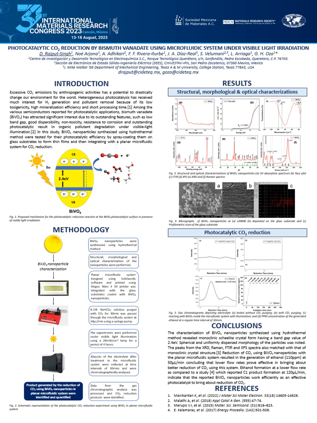Now, this is where perovskite oxides come into the picture. They are already being used in many photocatalytic reduction systems for their good photoactivity, abundant nature, and their desirable band gap, which absorbs visible light. Based on this, here we present bismuth vanadate nanoparticles synthesized using the hydrothermal method, which were tested for their photocatalytic efficiency by spray coating them onto glass substrates to form thin films and then integrating them with a planar microfluidic system